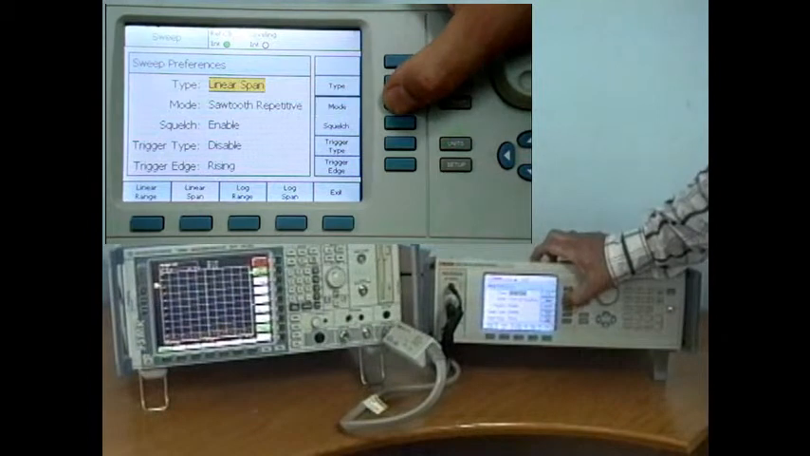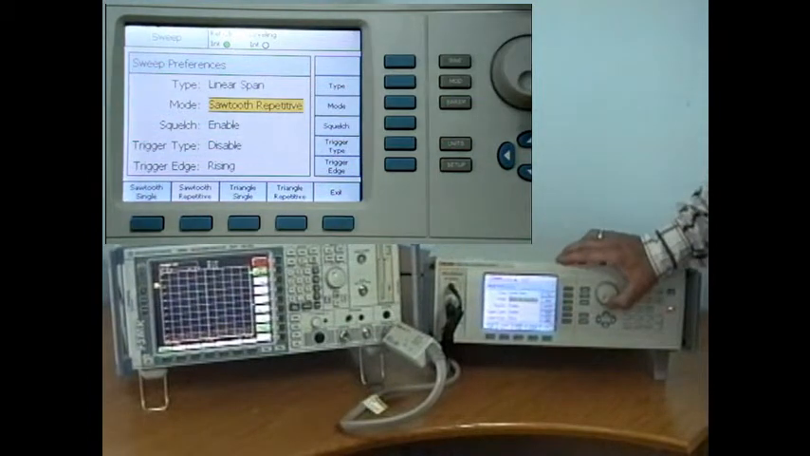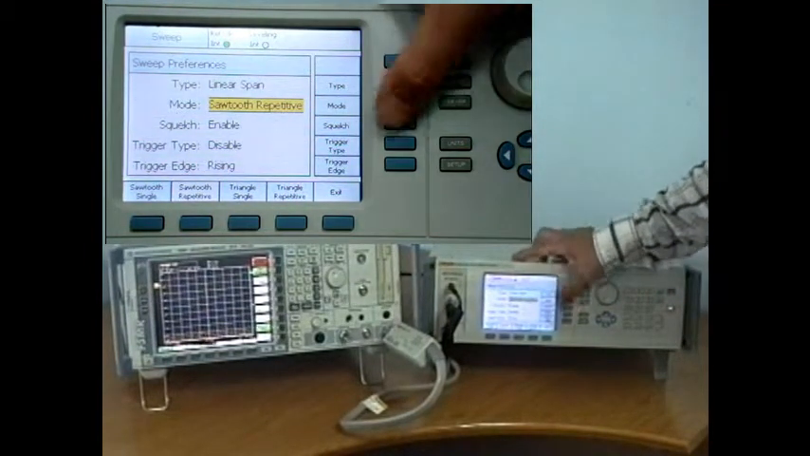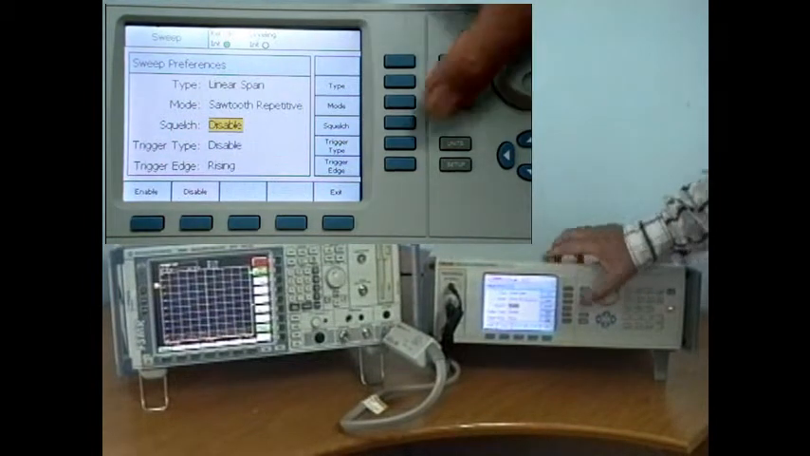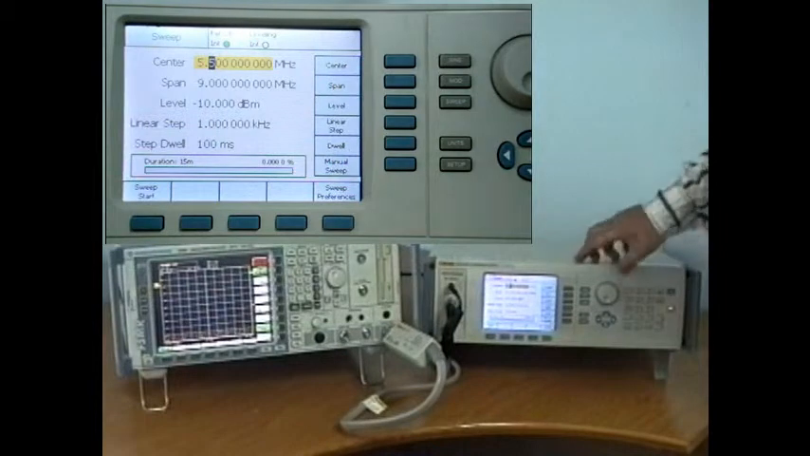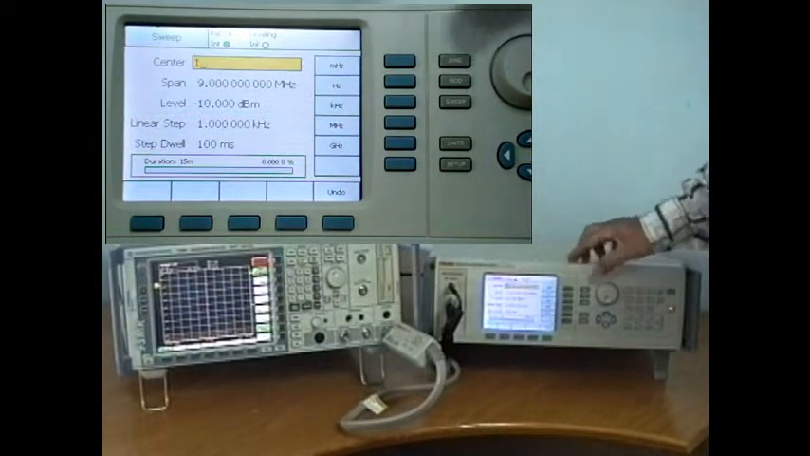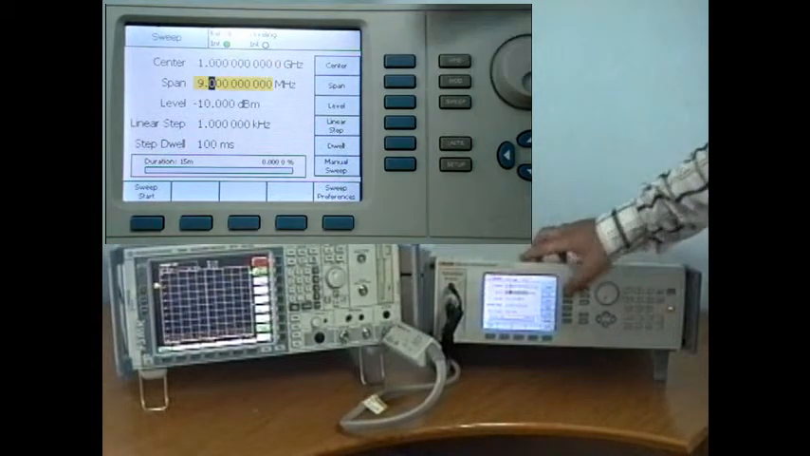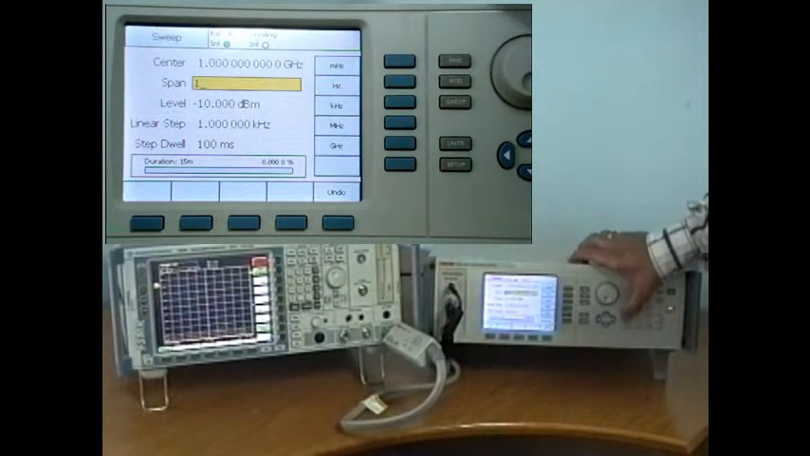I'm going to use a sawtooth mode, but I could equally have sawtooth single, triangle single, triangle repetitive. I'm going to use sawtooth repetitive mode here. Squelch will disable and exit, and now you can see we can dial in a 1 gigahertz center frequency, a span of 100